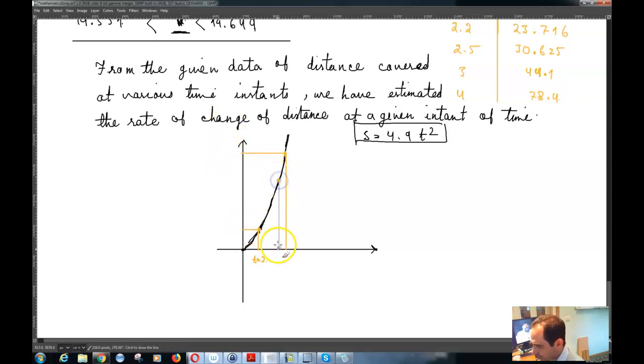Again, I've come down over here, again the difference in distance over the difference in time, and that would be the slope of this line. Then we calculated the slope of this line, then the slope of this line, until we got to